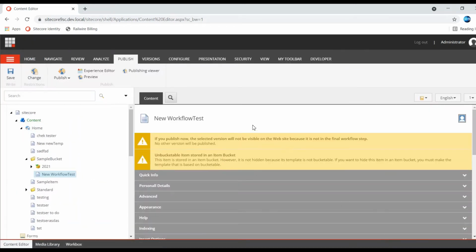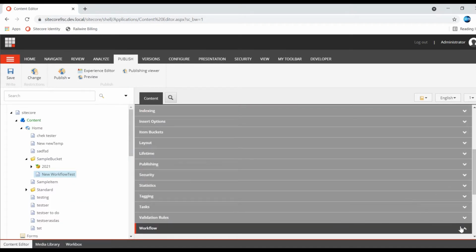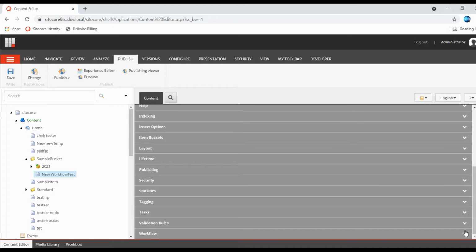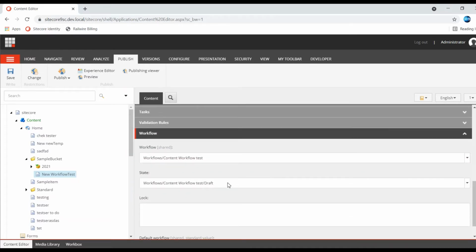So by default it won't be published, and also the workflow here will be in draft state because we set the initial state of the current workflow as draft state. Okay. Now the workflow is ready.